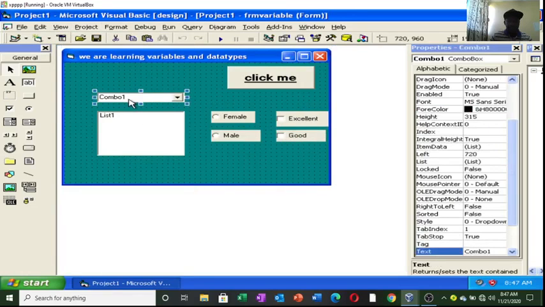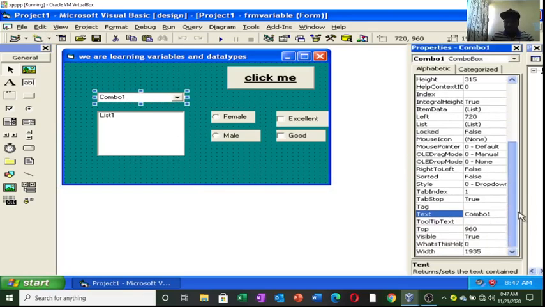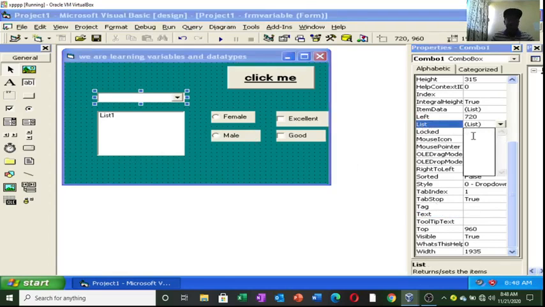Then we have the combo box. In the combo box, you can remove the text here. For the combo box, you can give it a prefix of CBO. Therefore, if I need some text here, I can just go to this list here, then type my stuff here. I need to select